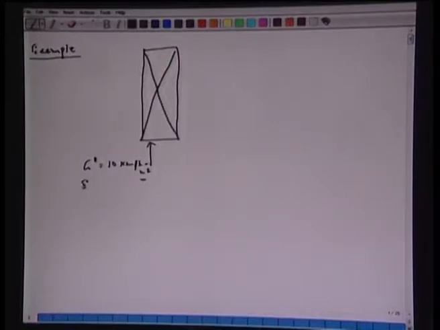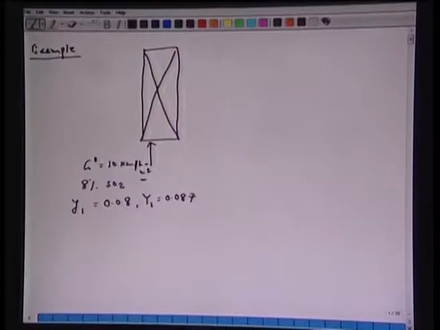This gas contains 8% of a certain gas, let us say sulfur dioxide, which means small y1 is given as 0.08 mole fraction, and capital Y1 can be calculated to be 0.087. G prime is the total flow rate, 10 kilomole per hour per meter square. So, we can have the molar flow rate of the solvent or the solute free basis at G prime times (1 minus y1) equal to 9.2 units. These units are the same as what we have written here, 10 kilomole per hour per meter square.